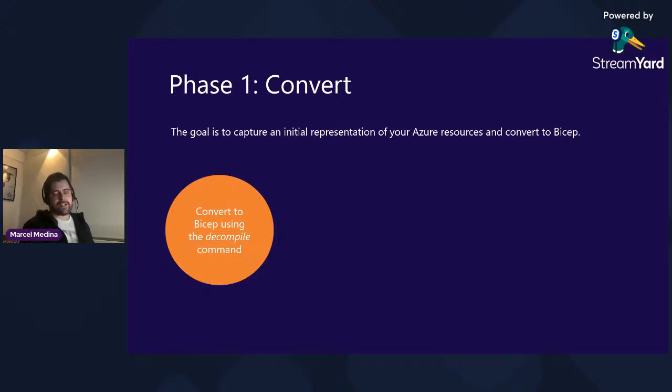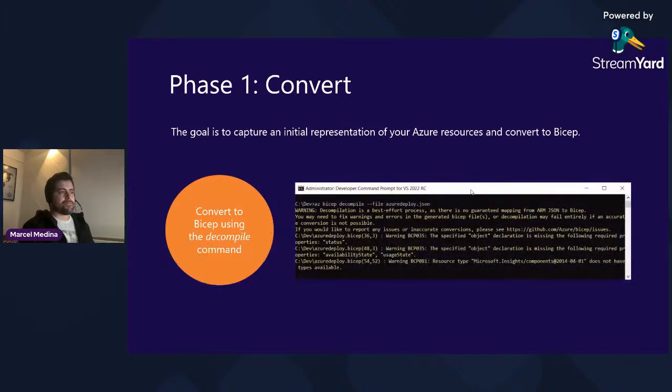And after you have the initial JSON file, what you need to do is convert to Bicep, like an initial representation. What we need to do is just decompile, right? Because we have the Azure Bicep CLI. So you could just run az bicep decompile with the file, where azuredeploy.json is the file that